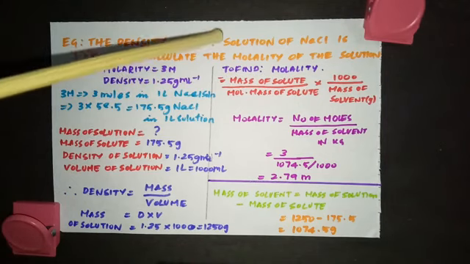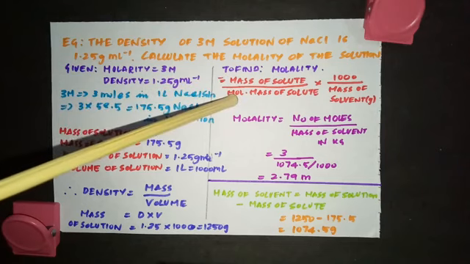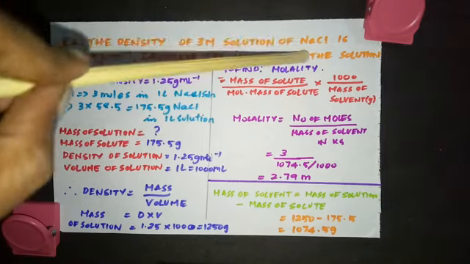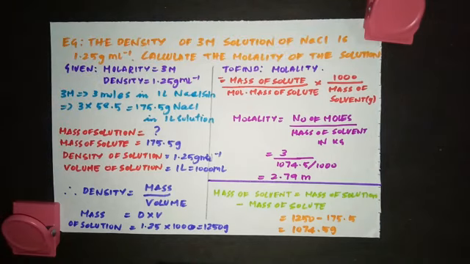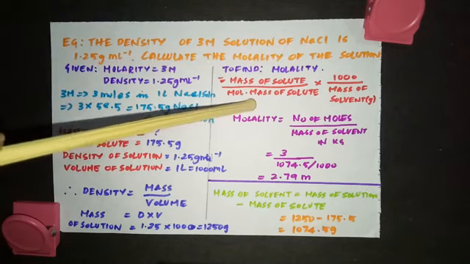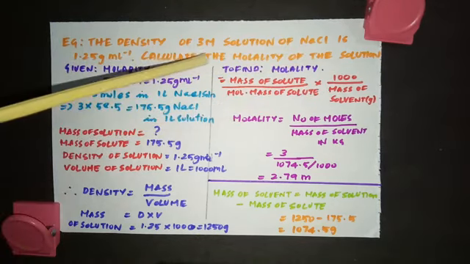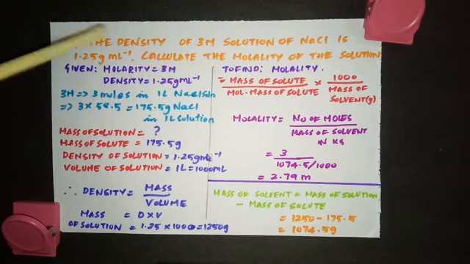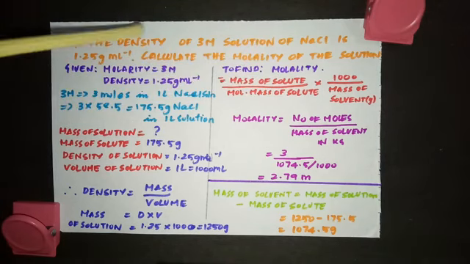Do you have mass of solute directly? No, it's not given. Do you know molar mass of solute? Yeah, because you're talking about NaCl. Sodium is 23 and chlorine is 35.5 atomic mass. So when you add it together, you will get 58.5. So you know the molar mass of solute. 1000, you can keep it as such. Mass of the solvent. Do you know the mass of the solvent? No. You don't have the mass of the solution also. So you have to find out the mass of the solute and the mass of the solvent from the details given.